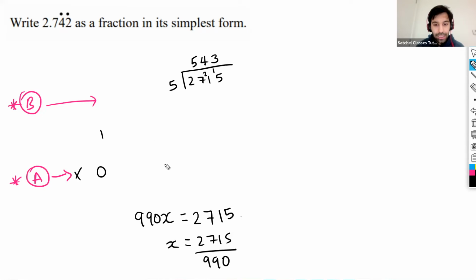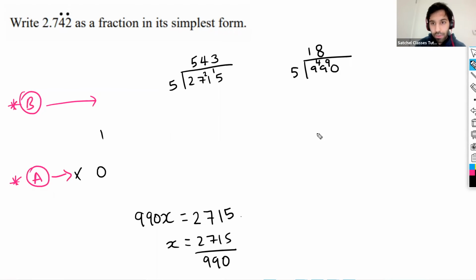And then we need to divide 990 by 5. 5 goes into 9 once, remainder 4. 5 goes into 49